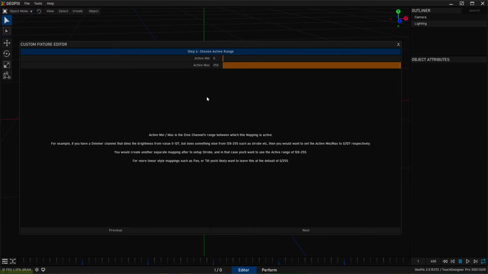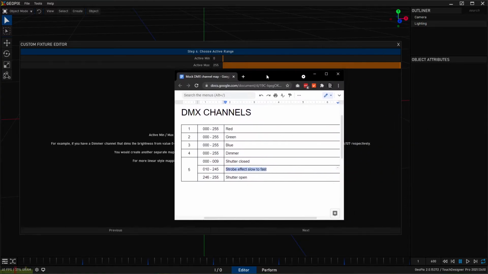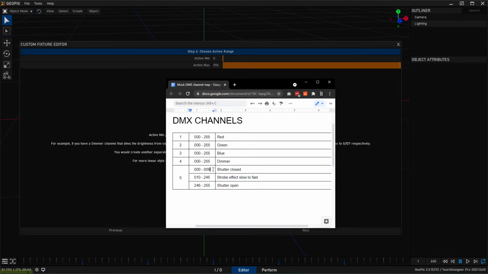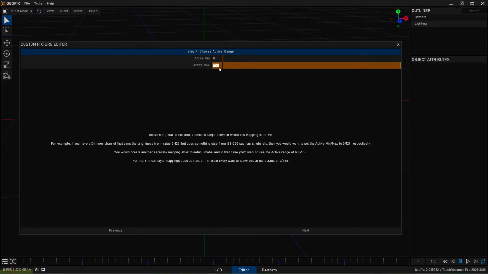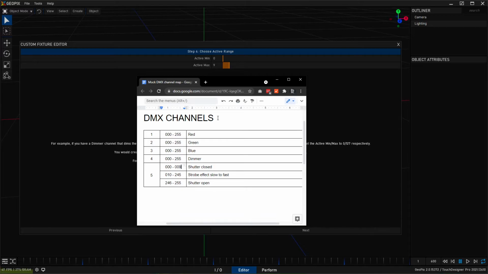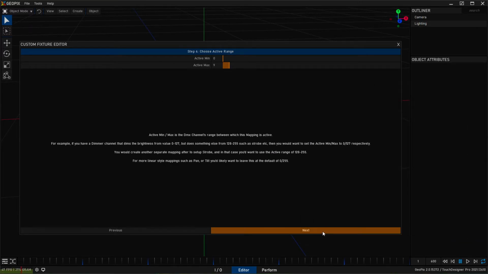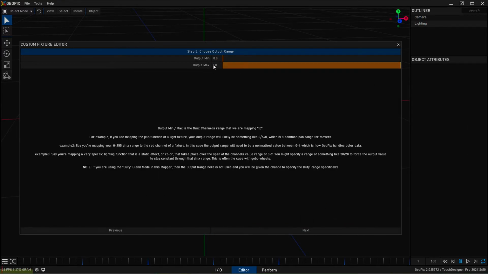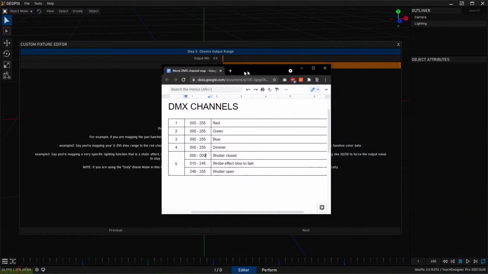And here we actually want something different, right? So going back to our DMX channels list, 0 to 9. So what we want here for active max is not 255, but 9. So once we've got that set, you can see that it matches exactly. We'll just click next. And for output min and output max, what we're dealing with here is we're just basically